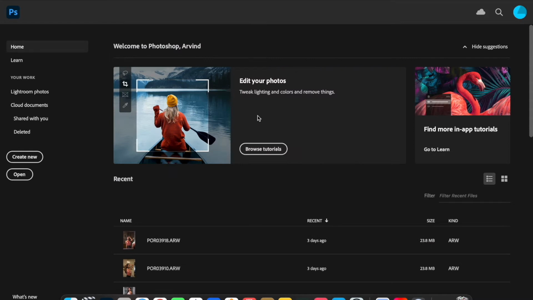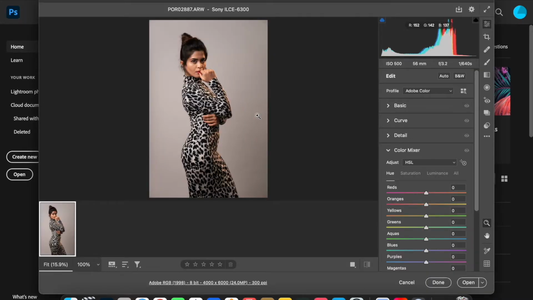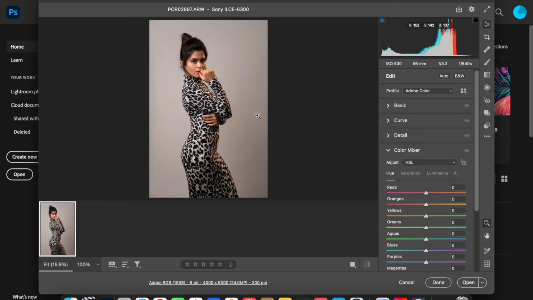As soon as you open a raw photo, I believe that you all shoot in raw, because this is completely not for those who shoot in JPEG. When you shoot in raw, you get room to edit a lot, and you can tweak things according to you, right? So as soon as you open the image, it's going to be raw.